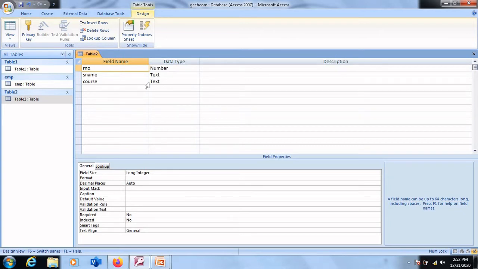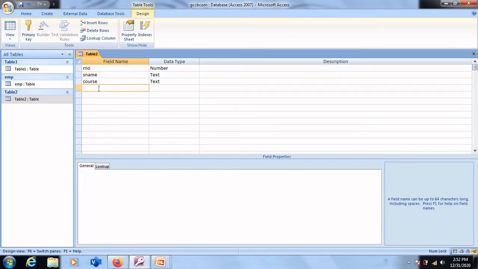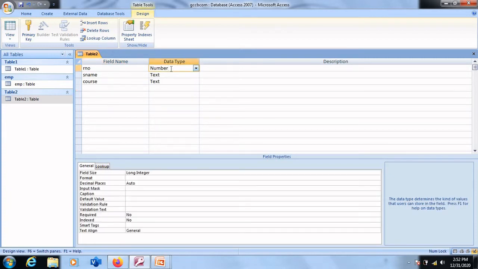As of now, as we are creating a table for a student, let us add some more columns into it. Columns, let me remind you, in MS Access are called fields and rows are called records. So let us create some more fields. Along with it, we'll also discuss what data types we have in MS Access. Data type identifies what kind of data will be entered in a particular column. If I select data type as number, for example, in this column, MS Access accepts only numbers, not textual data.